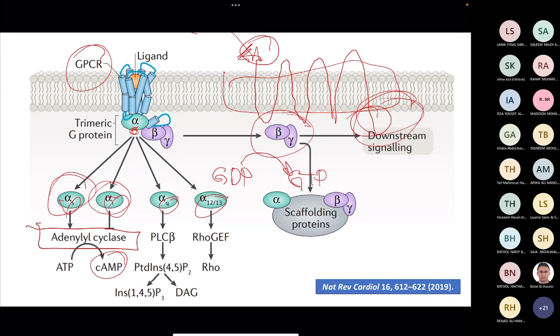Alpha Q activates a component called phospholipase. A phospholipase, from the name, is a phospholipid breaking agent. It breaks phospholipids. And phospholipids are components of the cell membrane, but they are